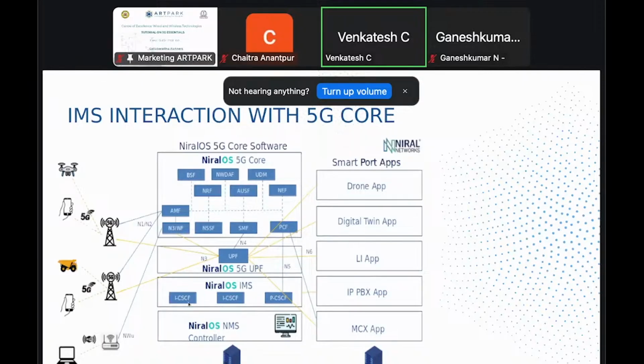So these elements can handle user authentication, call routing, and service authorization. Here you can see some of the key network interfaces: N1 and N2 interfaces connect the user equipment and the core network, that means the AMF, and N3 interfaces between the RAN and UPF, which handles the user data transfer, and N4